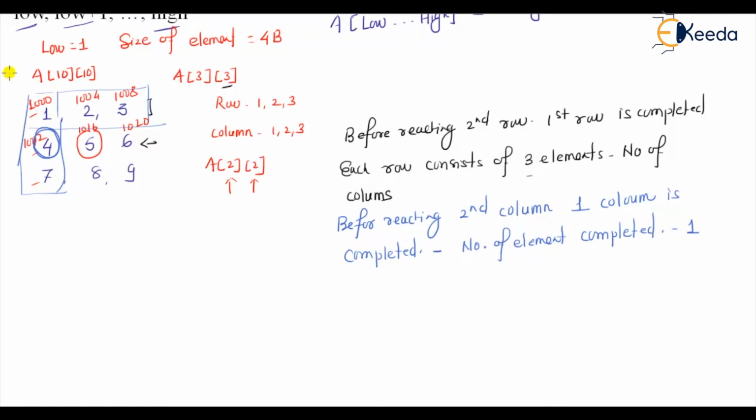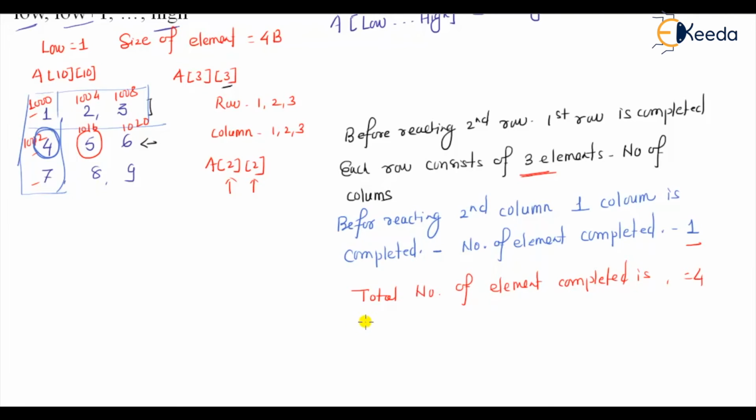So, if I just summarize this, the total number of elements completed is what? There is a 3 element and there is a 1 element, and that is equal to your 4. So 4 elements have been completed. So the total number of elements completed here in this case is 4,